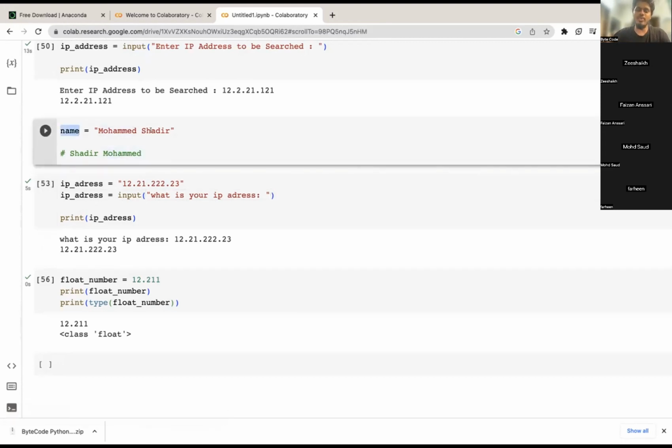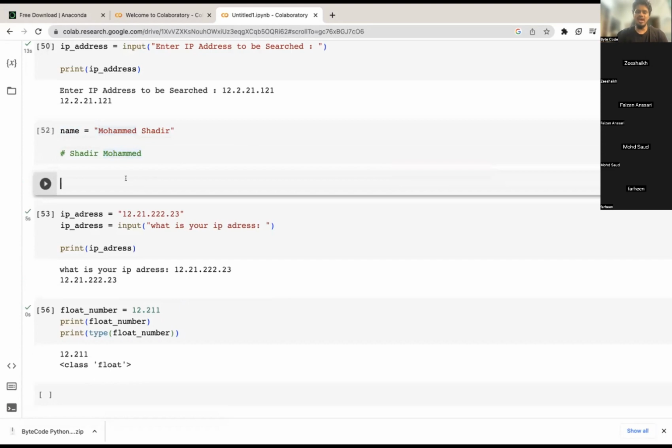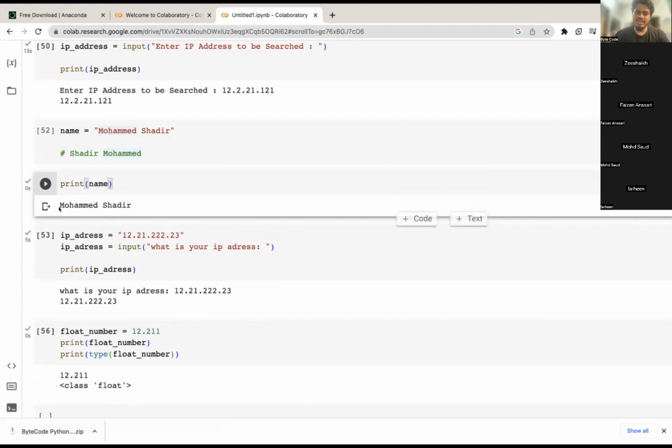What I'm trying to make you understand is, my name is Mohammed Shadir. This is a variable. I now want to write it as Shadir Mohammed. This is my program. What a string has the capability of is that if I say print name, it will print the entire name.